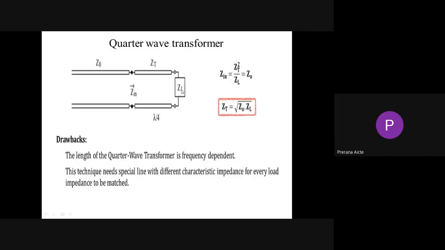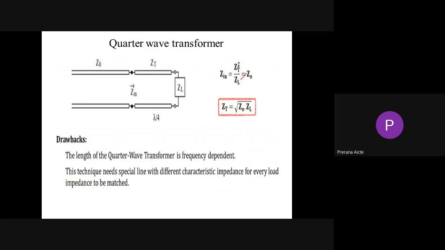Now, based on this, Z of T is the terminal impedance that will be connected at a distance of lambda by 4, because the title itself indicates quarter wave. So that is nothing but lambda by 4. Therefore Z_in is equal to Z of T whole square divided by Z of L. Z of T is the terminal impedance divided by load impedance, which equals Z naught. Therefore Z of T is equal to, while cross multiplying these two,